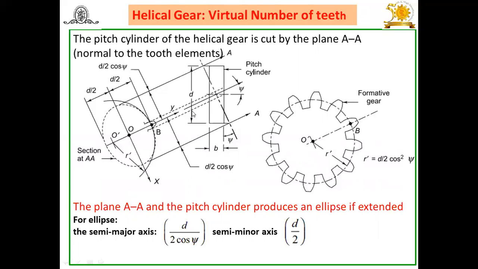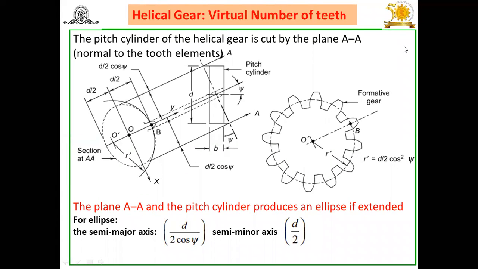If this pitch cylinder of a helical gear is cut by this plane AA, look at this. This is the plane AA. If it's cut by this plane AA,